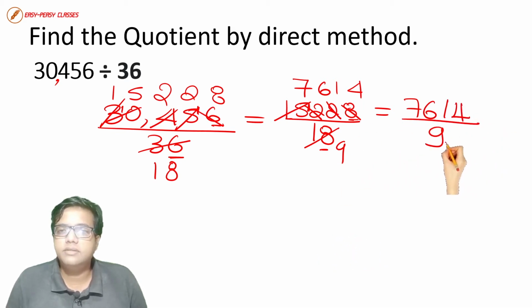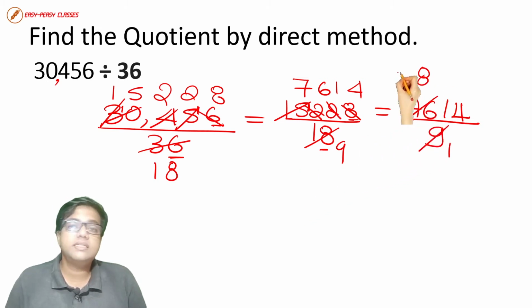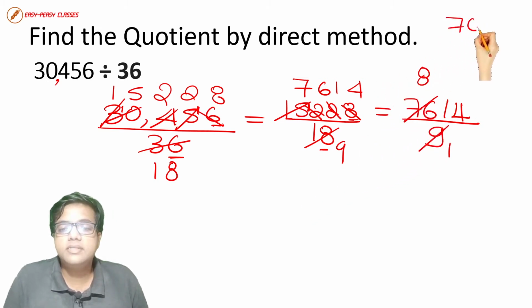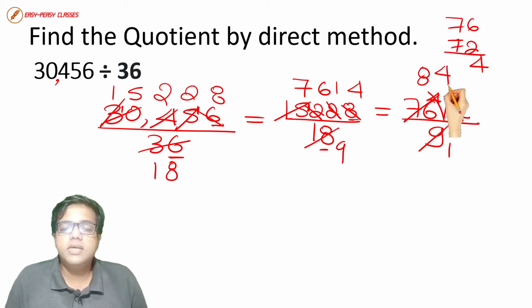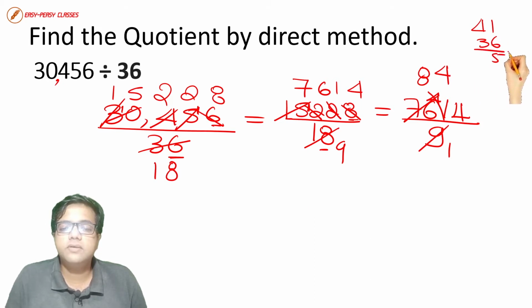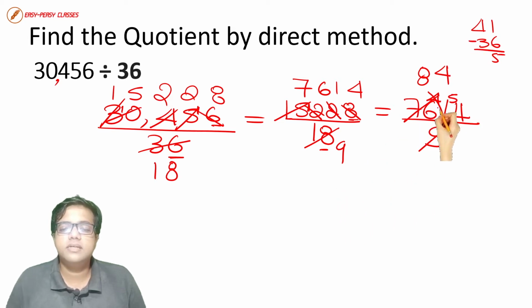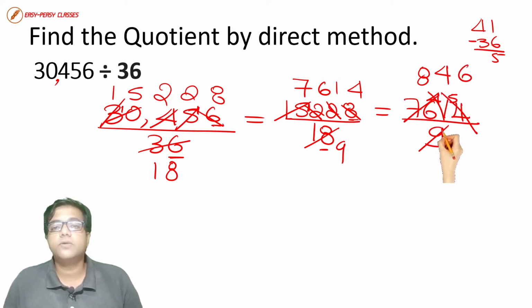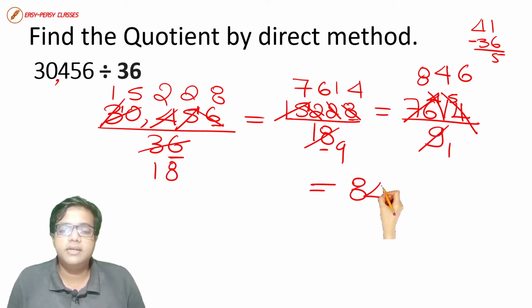Now you will start dividing both the numbers with 9. 9 1s are 9, 9 8s is 72, 76 minus 72, this you need to do mentally. 76 minus 72, what you will get? You will get 4 as remainder, so 4 is there. 4 along with 1 is 41, 9 4s is 36, so 41 minus 36 will give you 5, so 5 is the remainder here. So 9 6s is 54. Okay, so therefore the answer for this question is 846.